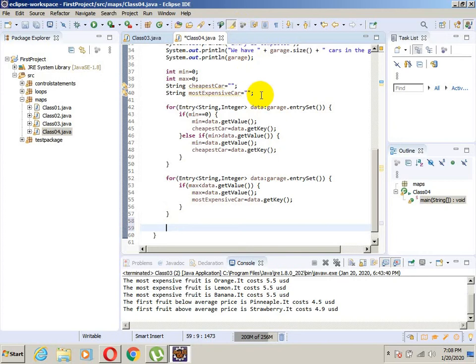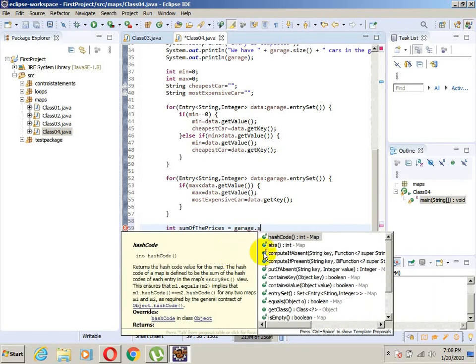Okay, I can do that here. Integer sum of the prices. We will find it the same way as in the last tutorial, equals to garage